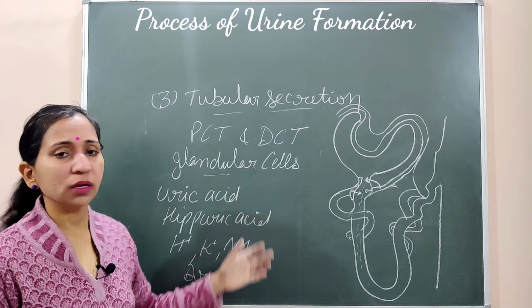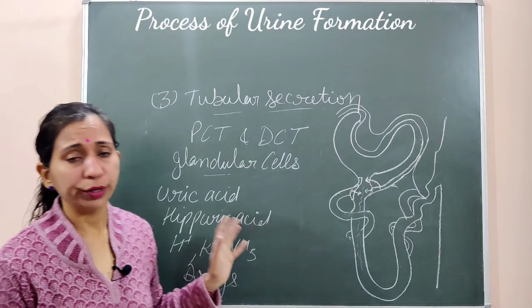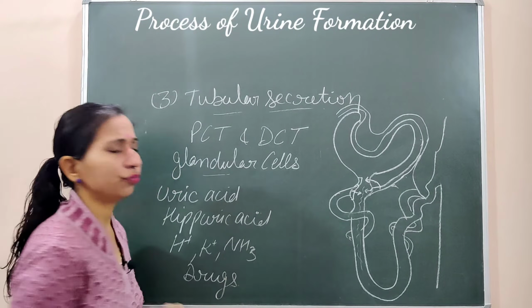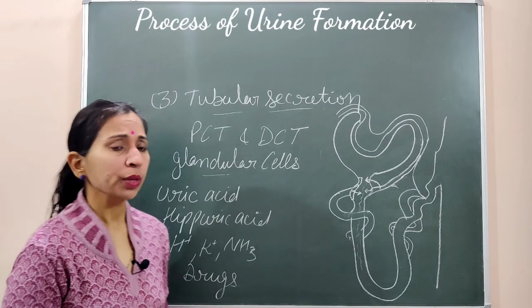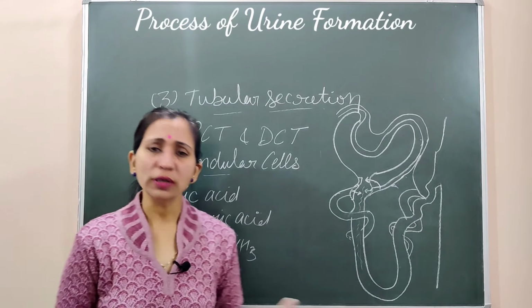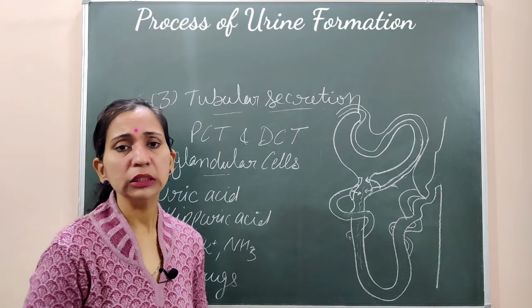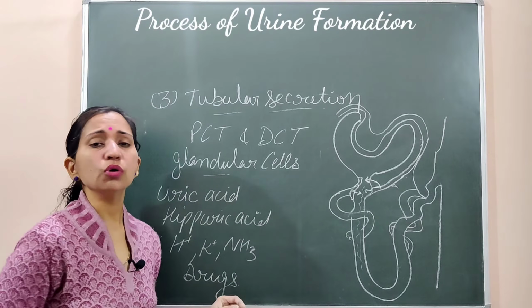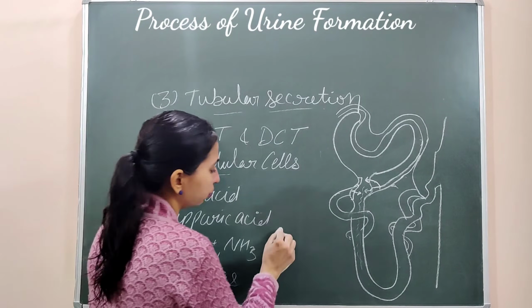Different kinds of substances can be released out, according to what kind of composition of urine is being formed. According to that, different substances can be secreted out. This tubular secretion process is not as important in the case of the mammalian kidney, but this is the main process of urine formation in the case of marine fishes,